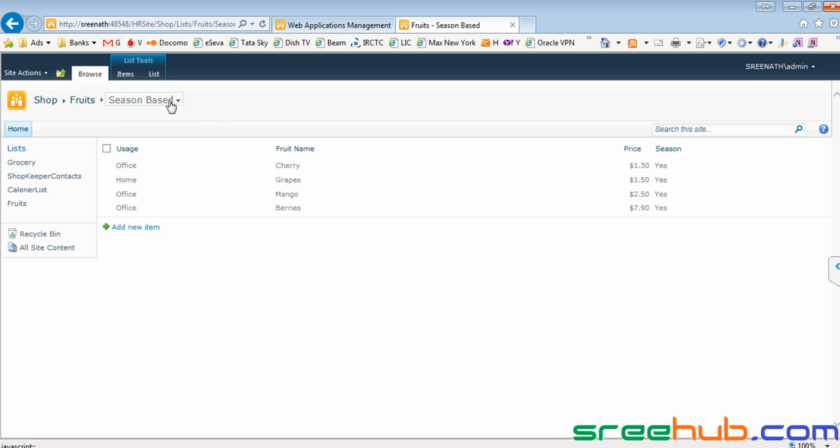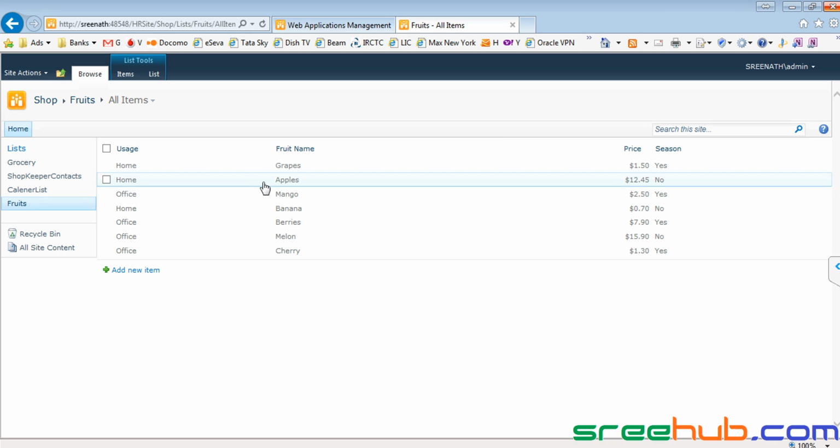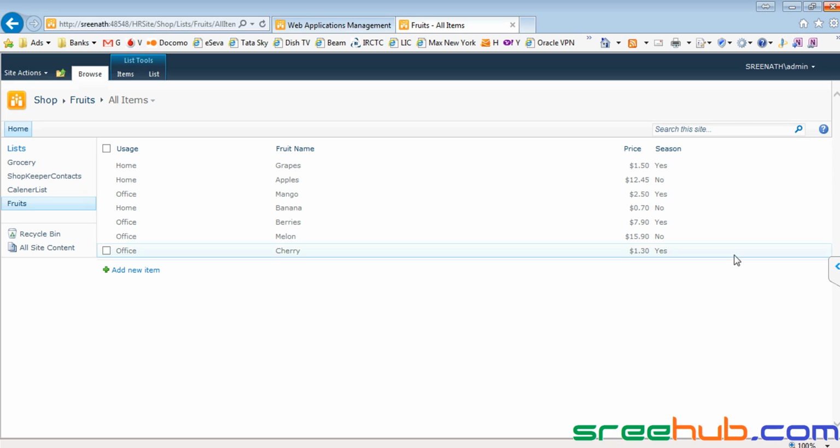Now let us see one more type of view here. This is very important, and this view is very exciting again. Now here let me add one more column. See what we have done: we already have so many items in our list, right? So after having so many items in our SharePoint, we can even add a column to our list. That is possible. Now let us see what happens when we add a column.